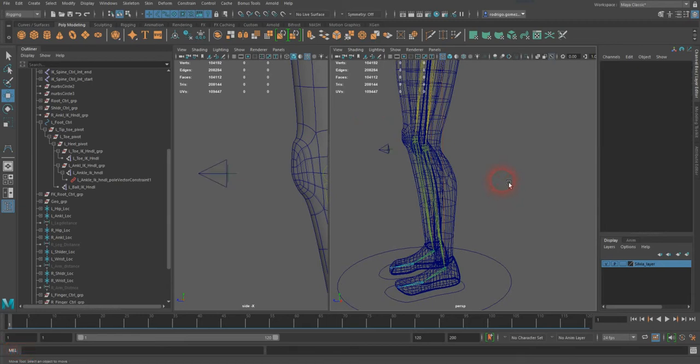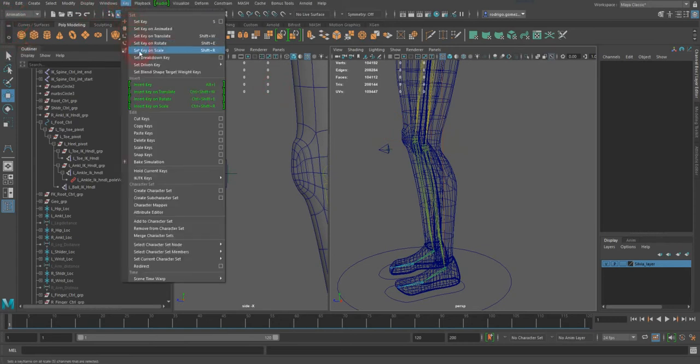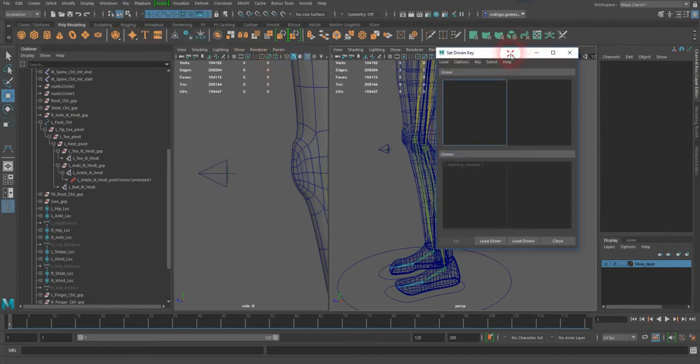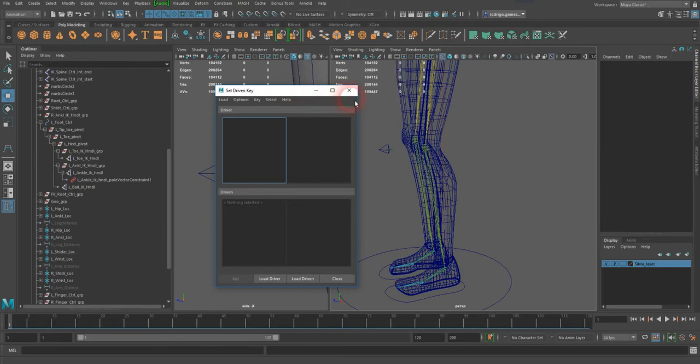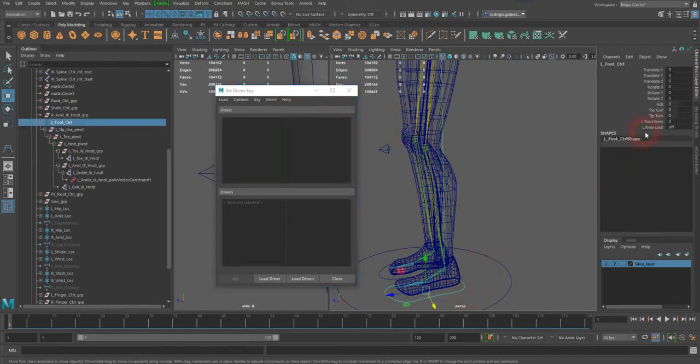So for that, we are going to use a set-driven key to first drive the pole vector. So let me call my set-driven key, on the animation menu, Set Driven Key, Set. I'm going to open it up, and what we're going to say here is that the object that is going to drive that is the switch that we created for the knee lock. So I'm going to load that driver right there. There is my knee lock, and we are going to